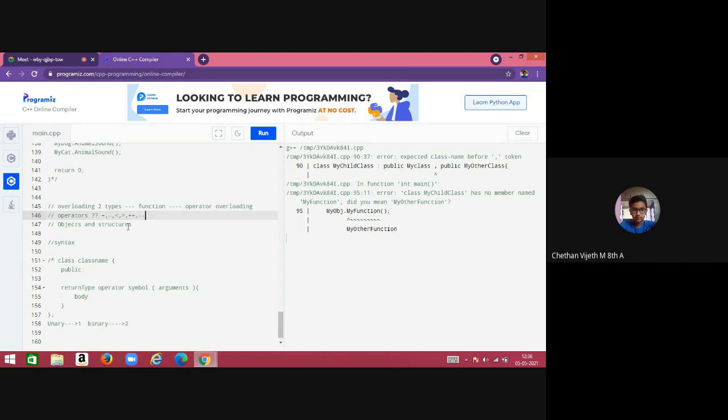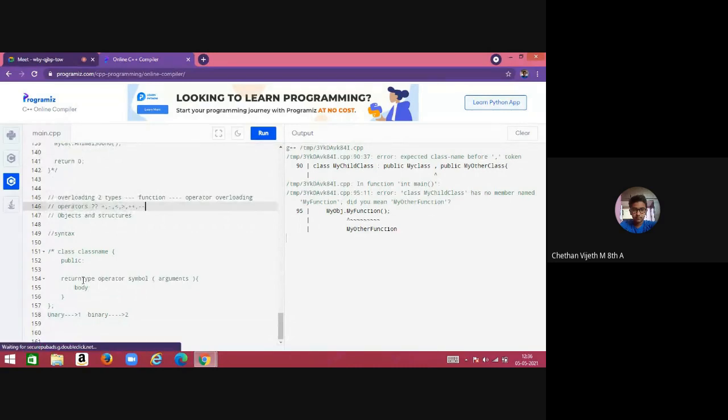So it is usually plus, minus, greater than. On these operators you perform the operator overloading, and objects and structures are associated with them. Once you get objects in your head, basically a class should be created. So when you come to the syntax of the